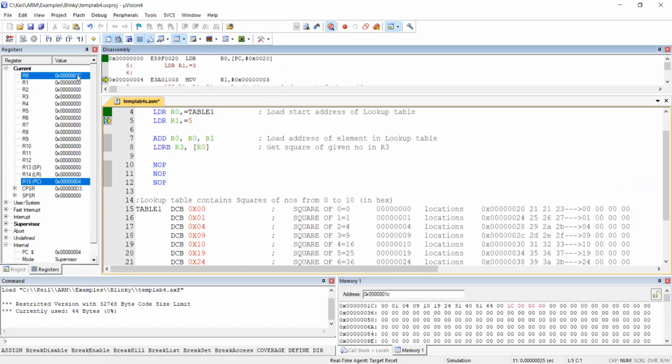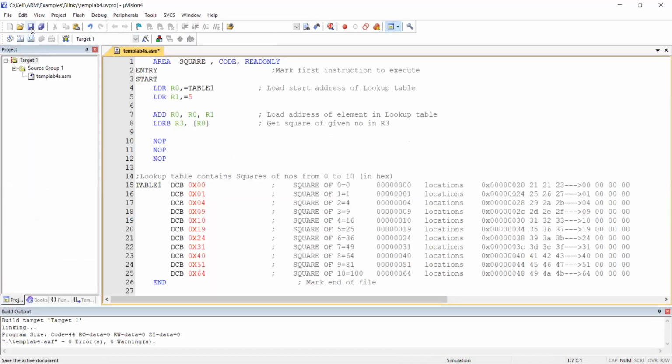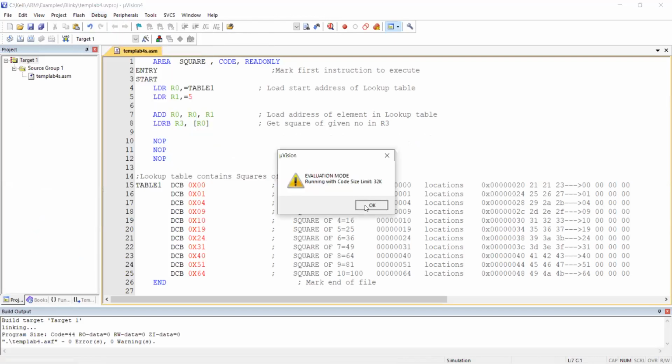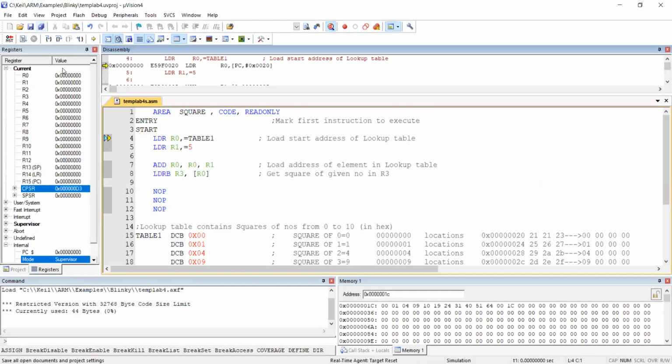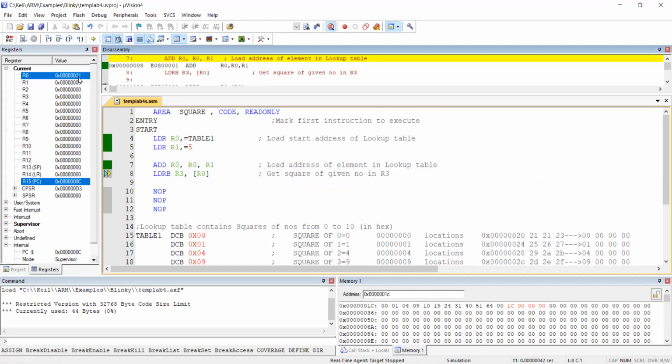Now you see what's the address of the table, 1C. Next address 5. Sorry, I have not saved, so I got the previous value. After every change I have to save once, translate and build, and only then will I get the program execution with respect to the modifications. Now I got 1C, and 5 also. Let's check the value of 1C plus 5: this is 1C, 1D, 1E, 1F, 20, 21.